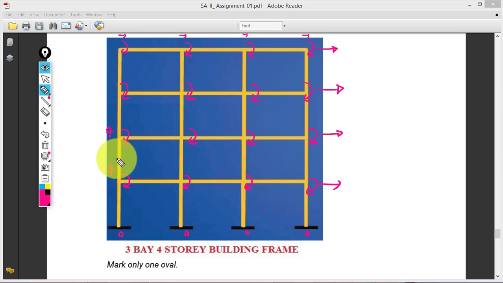That means at all the joints the vertical displacement is zero, because the question already gives all the column lengths, so you have to neglect the actual deformation of the columns. That is why there won't be any vertical displacement at all the joints. So these are all the possible degrees of freedom, and if you count, you will get 4 at this floor level, another 4 here, another 4 here, and another 4 here.